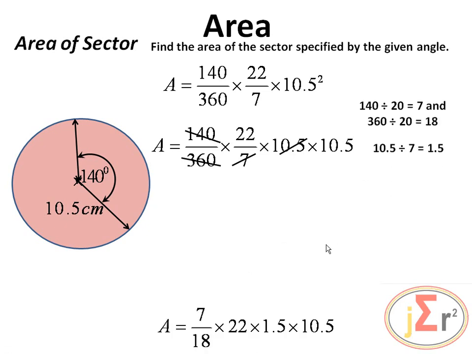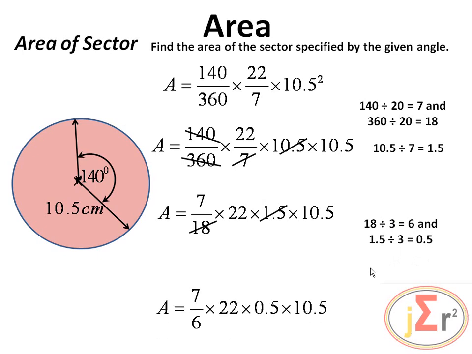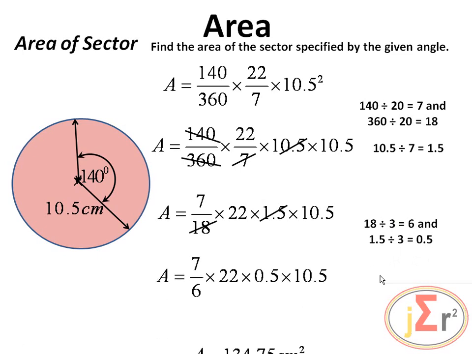So let's see what we have. 7 over 18 times 22 times 1.5 times 10.5. And of course, we may do some further reduction by saying what can go into 18? 18 divided by 3 is 6. And 1.5 divided by 3 is 0.5. Right. Of course, we have other reductions, but we are just going to opt to multiply the numerators and then divide by 6. And the answer is